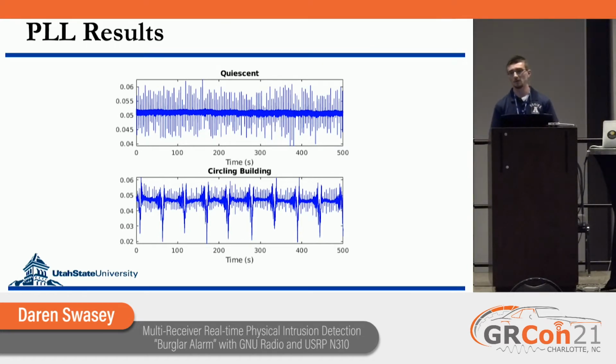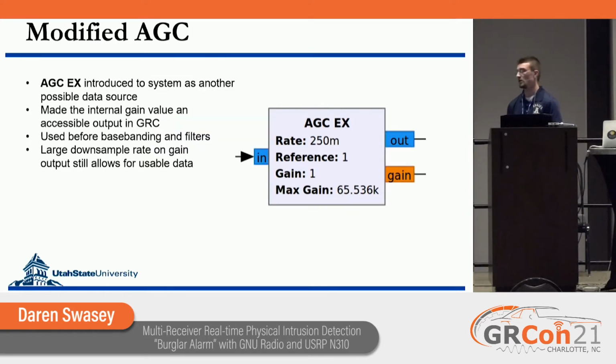But that's not the only thing we did. Obviously these are good results, but at the same time, we want to figure out if there is something else we could use to get better results, or something we can use as a backup to reinforce the data that we have. And it turns out there is. We tried working with an AGC, but the AGC is one of those things that just squelches the data. It removes the effects of whatever's going on and reduces the amount of information we have. But it does that somehow, right? And the way it does that is by using the gain value, which will bring the original signal back up to some reference amplitude. By modifying about 4 lines of code, I was able to remake this AGC